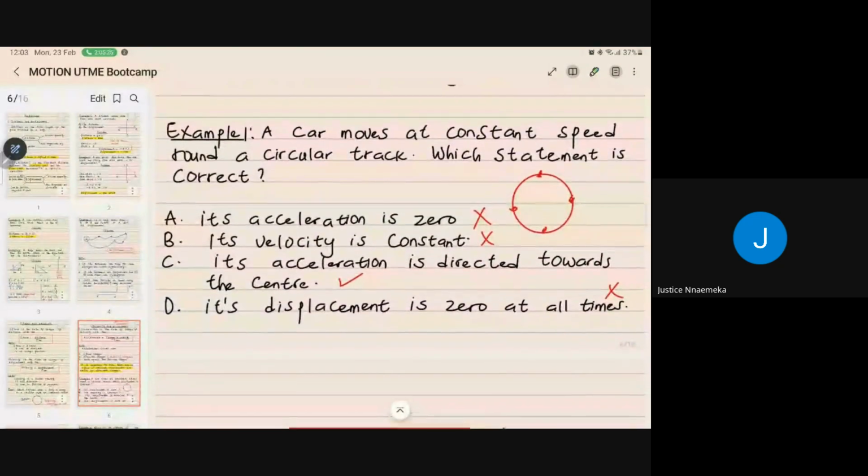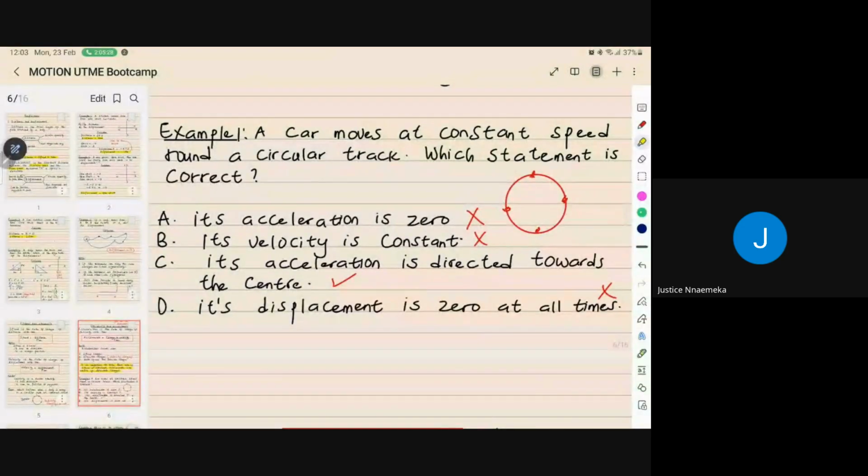So we went ahead to talk about a car that moves around. I gave a question which some of us answered in the class. So which statement is correct? We say that it is going to be directed towards the center because of what? Though the speed is constant, which means the mom is not changing, right? But I'm moving around the circular track, which means my direction is changing. And because of that, we said that the second one holds, right? Circular track, right? Which implies that